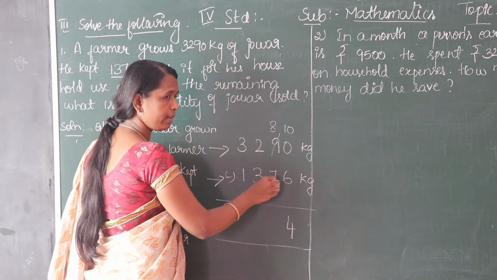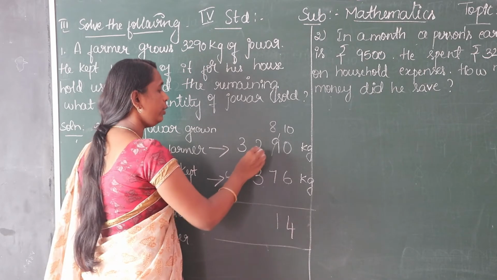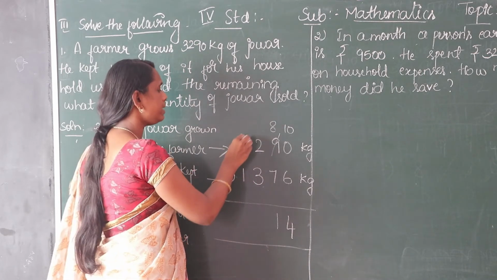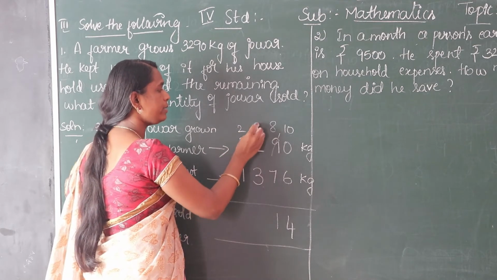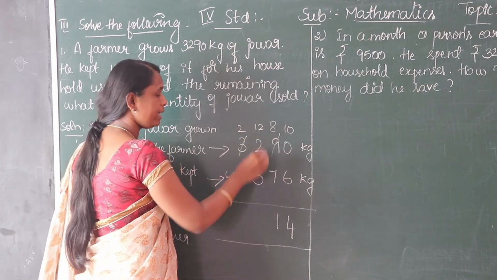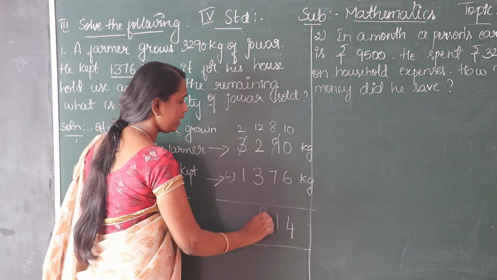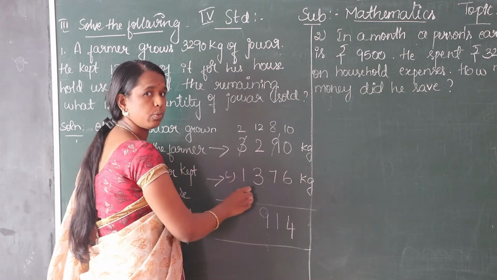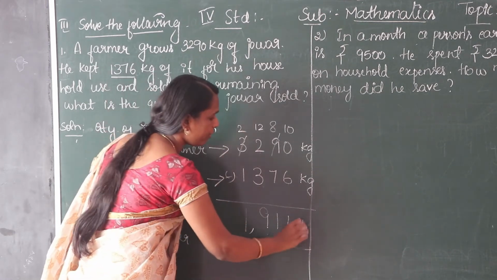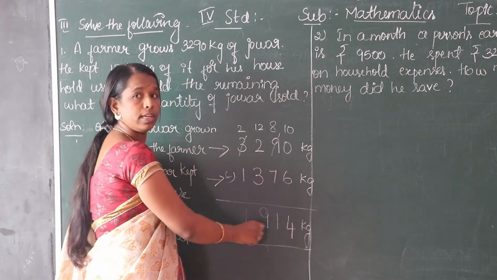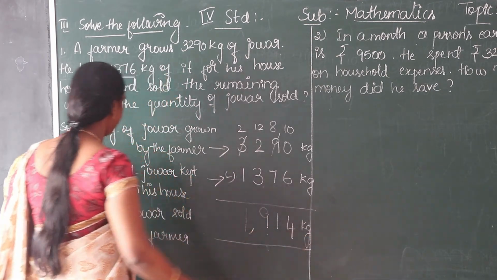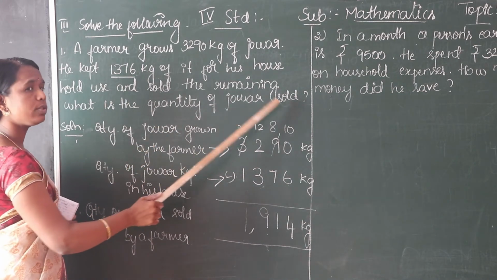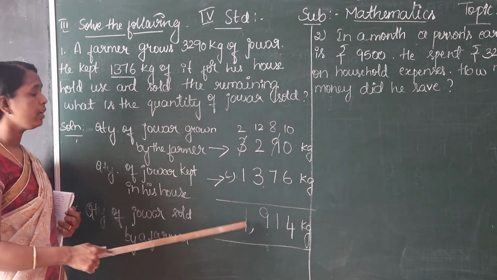8 minus 7, 1. 2 minus 3 is not possible. Take borrow from 1000 place. This 3 becomes 2. This 2 becomes 12. 12 minus 3, how much? 9. So 2 minus 1, 1. So the final answer is 1,914 kg. See, the quantity of jowar sold by a farmer is